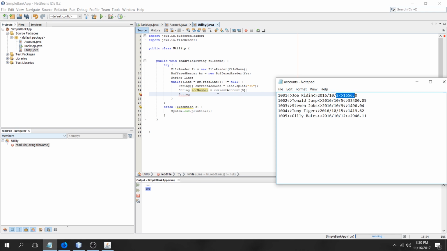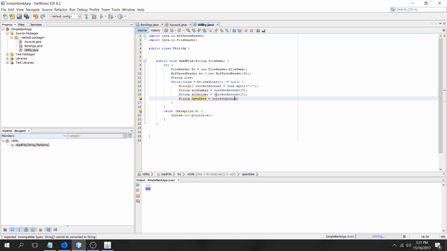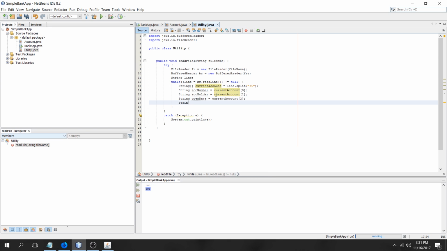The next one is the name, string account holder equals to current account 1, and then the string date equals to current account, or open date, I think, open date, current account 2, and the last one is actually a